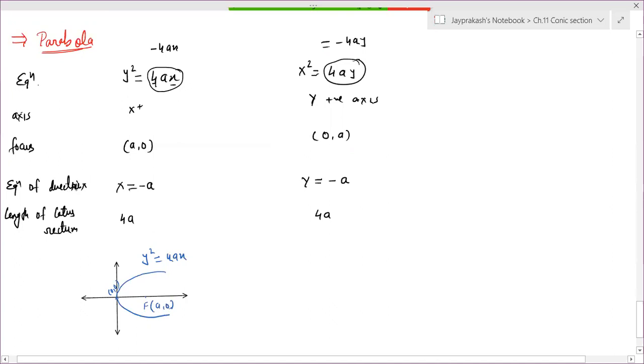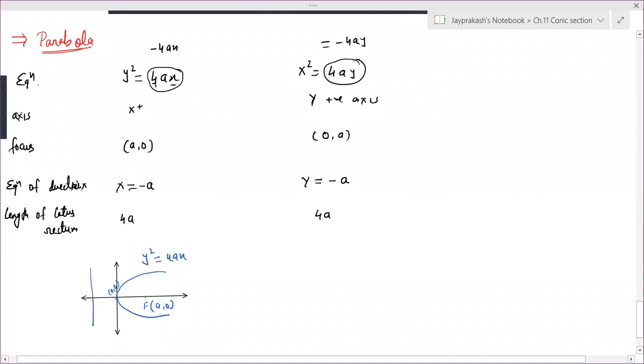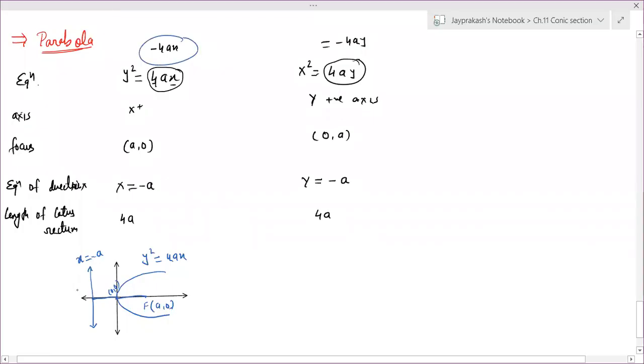Now the equation of directrix. Equation of directrix is a line that is behind the axis. That is, if the parabola is on the x positive axis, then behind it, whatever the value of a is, we take it in negative form. Whatever the distance from here, the same distance on the back side, so we get the equation x is equals to minus a. That is -4ax, so the parabola will be in this side. What is the length of latus rectum? Okay, I will discuss it.